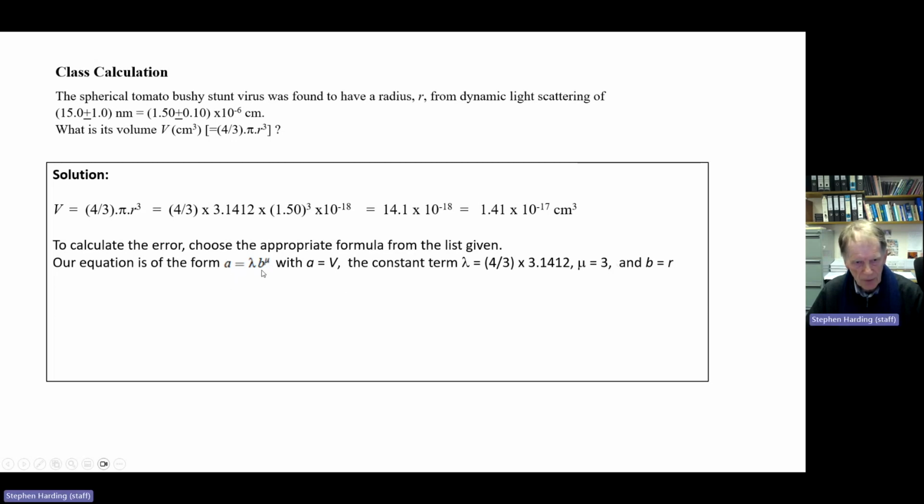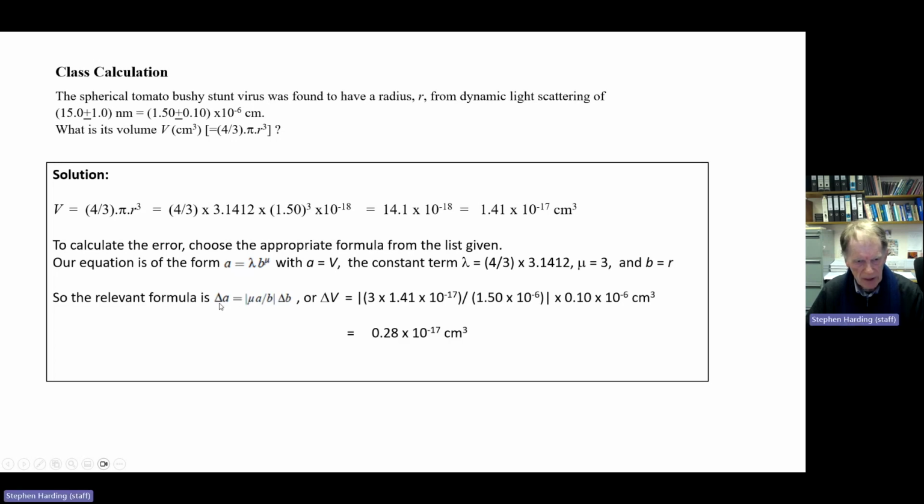So that's the appropriate formula for the volume. And if we move across the relevant error term, the error in the volume, delta A or delta V, is mu, which is 3, times the volume,